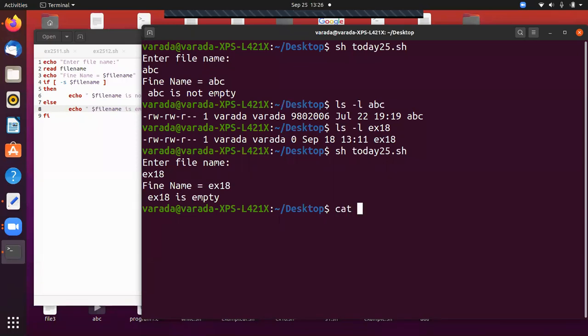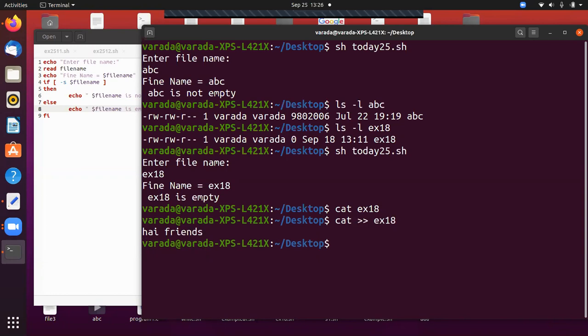Now we can insert some data in this ex18. First you can check the content in ex18 with cat. Nothing is there, that's why it does not display anything. Now we can append some data in ex18. Hi friends. Okay, now if you check ls -l, the size of ex18 has changed.